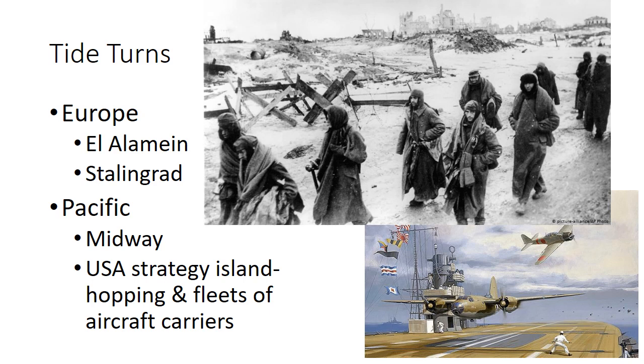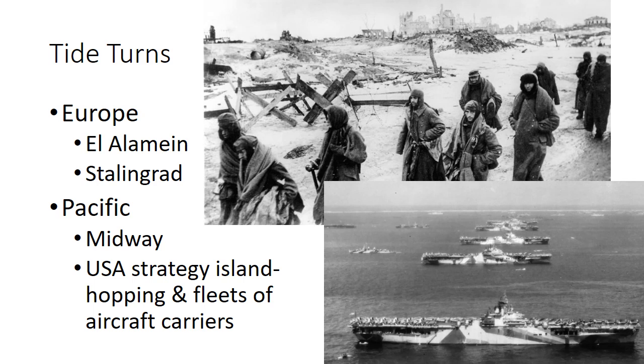Technology was a critical Allied success. The development of fleets of aircraft carriers, ships that allowed planes to take off from and land on their deck at sea, provided air support for battleships, and increased the range and flexibility of naval forces. And in the United States, it was said that they were able to create a new one of these aircraft carriers once a month because of all the resources and industrialization that they had, which was huge. They ended up having a fleet of 90 of these aircraft carriers.